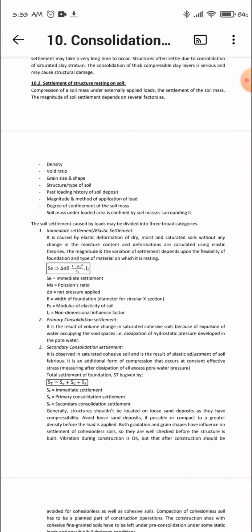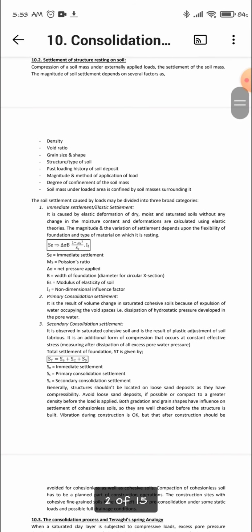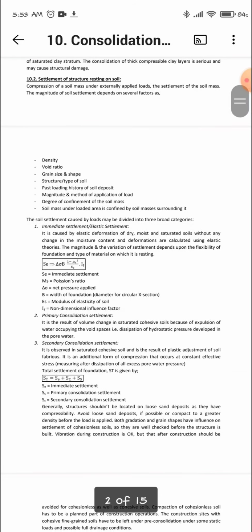The soil settlement caused by load may be divided into three broad categories: immediate settlement or elastic settlement, primary consolidation settlement, and secondary consolidation settlement. Immediate settlement or elastic settlement is caused by elastic deformation of dry, moist and